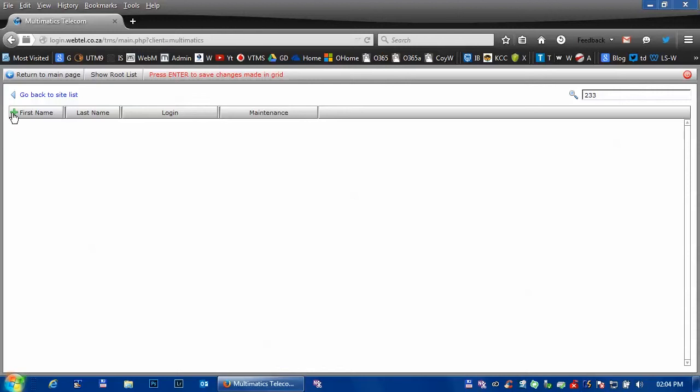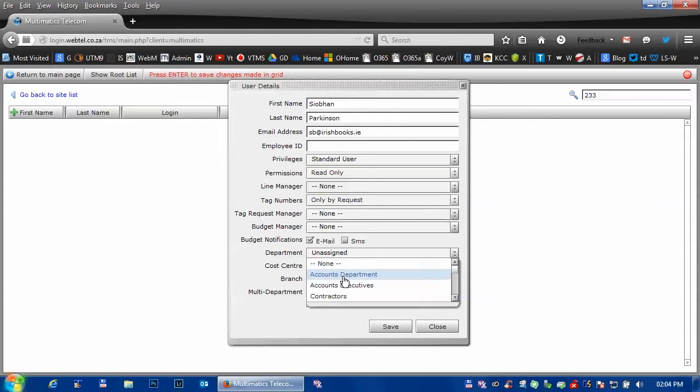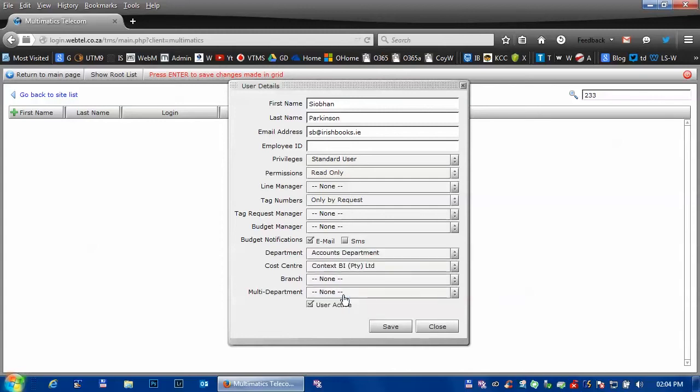Right, we need to enter the details for extension 233. Two stages. This is most important. There are two stages to providing the information for unregistered users. The first stage is to add the user details. There they are, the user details. So let's add them and assign them to an extension, a department and a cost center if necessary, and none of the others,